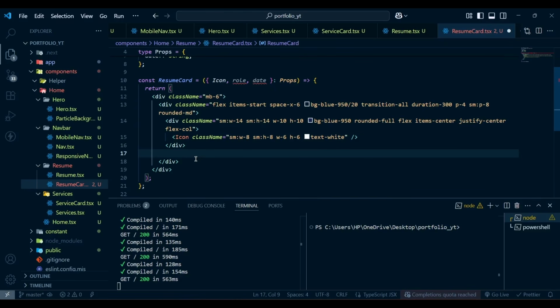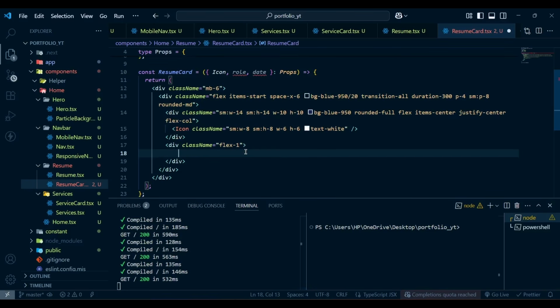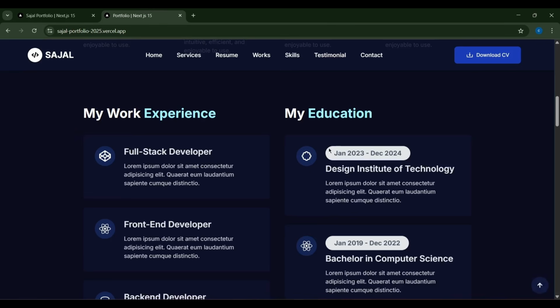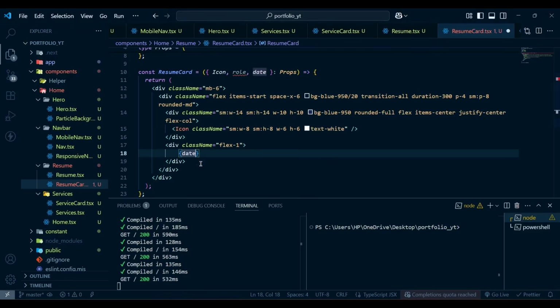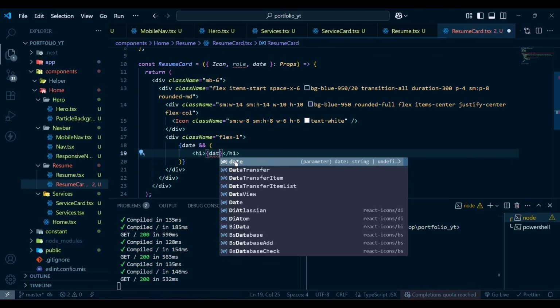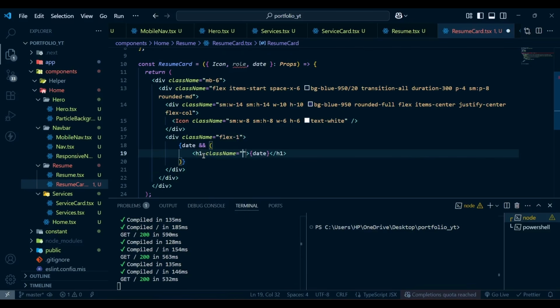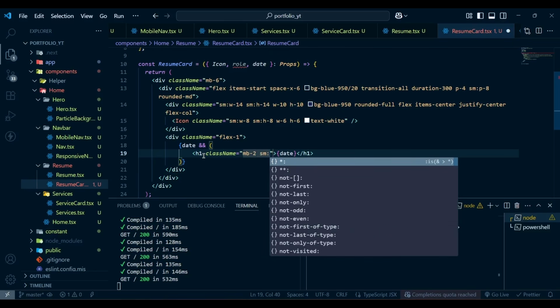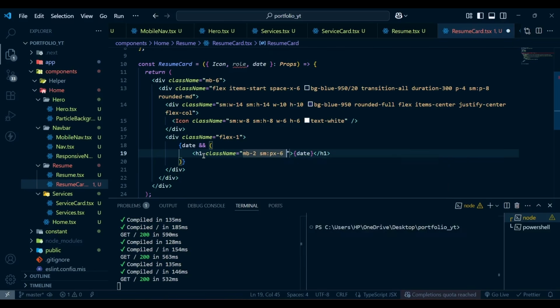Next, after this icon and after this div, we have another div with class name of flex 1, and here we are going to check if we have date. Then we are going to show date like this. So if we have date, then we are going to use h1 with date, and we are going to add some class name here. So margin bottom will be 2. Smaller devices, px will be 6. Smaller devices, py